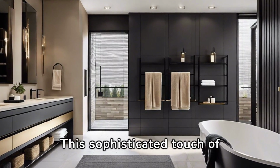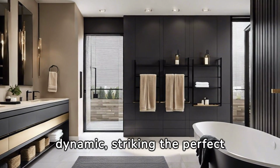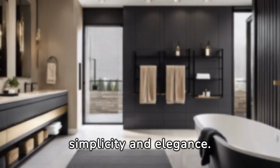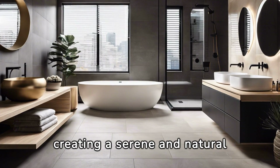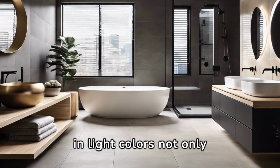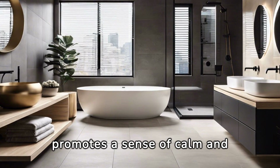This sophisticated touch of neutrality ensures your space remains interesting and dynamic, striking the perfect balance between simplicity and elegance. Organic elements invite nature into your bathroom, creating a serene and natural feel. Incorporating wood and stone in light colors not only enhances the aesthetic, but also promotes a sense of calm and